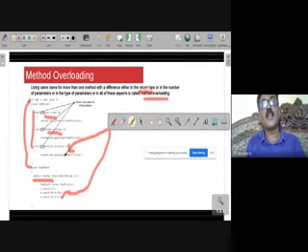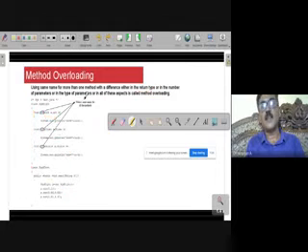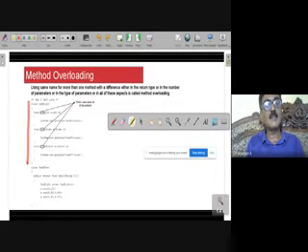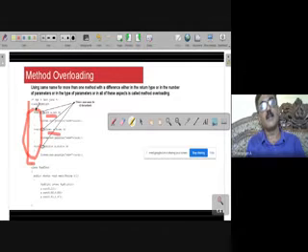If there is a difference in all the 3 places, fine, but minimum one place there should be a difference. So using the same name for more than one method in a single class, with a difference in the types of parameters, the number of parameters, or the return types, is called method overloading.